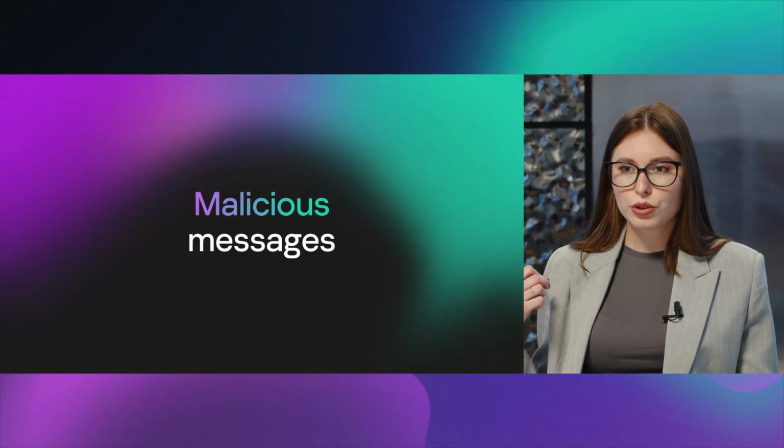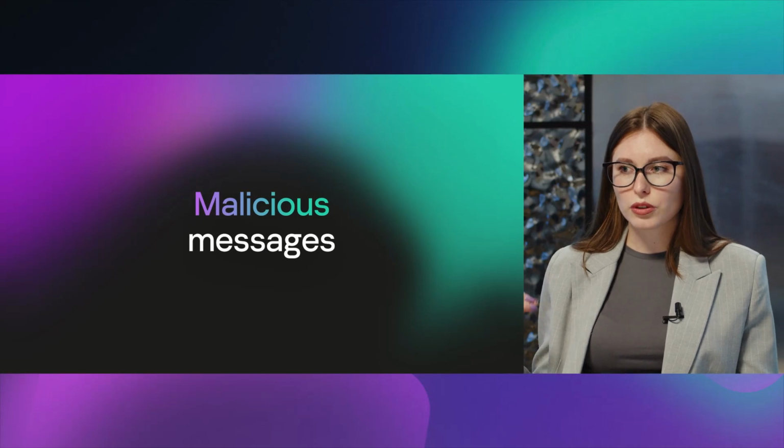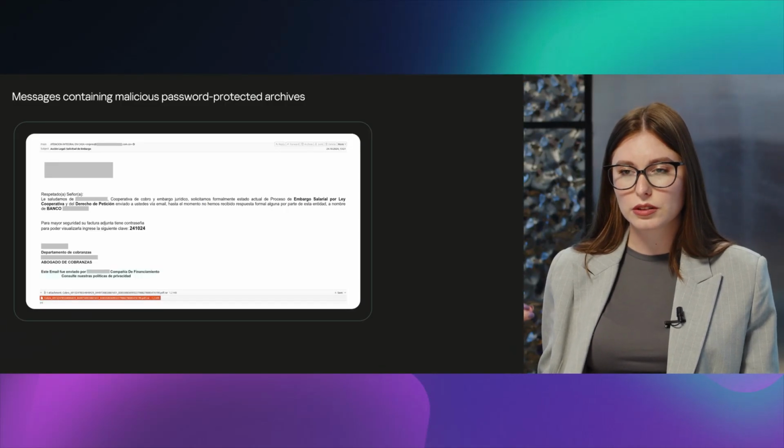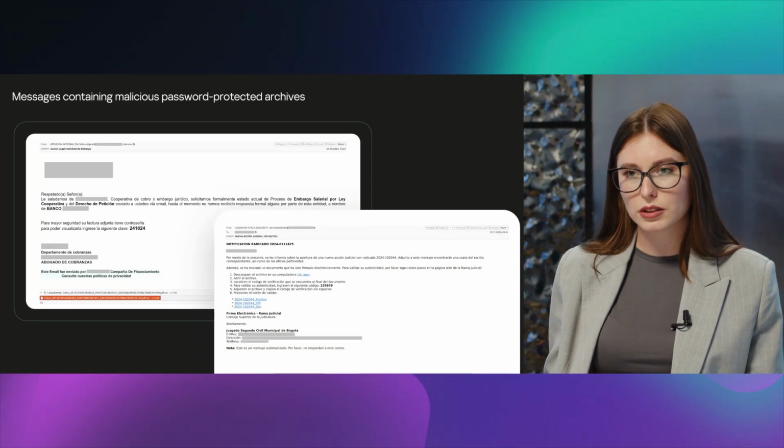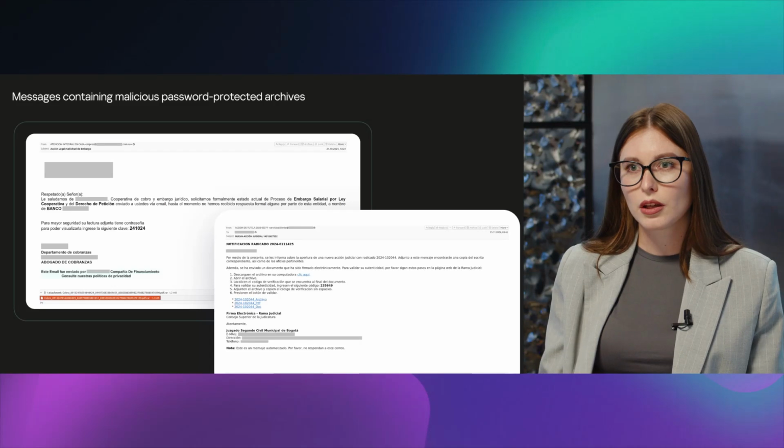Malicious messages are messages with attachments containing malware or links to download malicious files. So let's talk about the newest tricks of fraudsters that they use in malicious messages. For example, a tendency that we noticed in the previous year was distributing password-protected archives containing malicious content via emails.